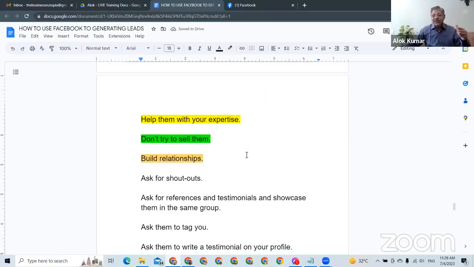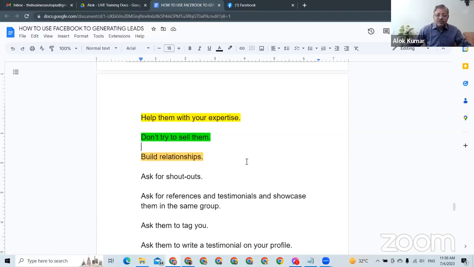And that is why you always say that organic things work better, because if you go inorganic, there is no relationship built with the customers. You just target by paying for ads and you get those people in your funnel. They may or may not be the right prospect because you don't know whether they have already consumed your content or they have built a relationship with you. Here, you have to build relationship.